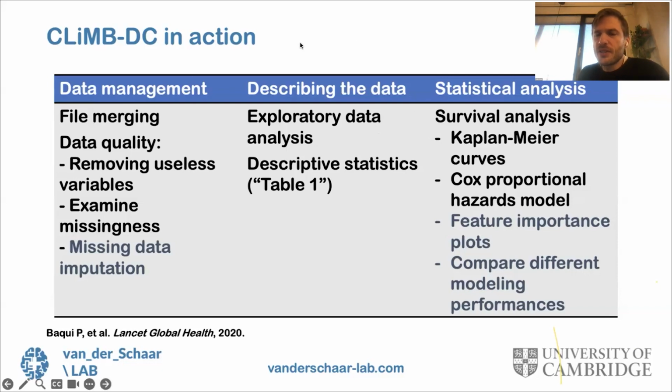And then finally, when we do our statistical analysis, we have some simple survival analysis like Kaplan-Meier curves or a Cox proportional hazards model. I don't know if any of you clinicians had the same experience, but sometimes we use these classic models and we get a reviewer back that says, well, why don't you use a machine learning model? And is the machine learning model better?